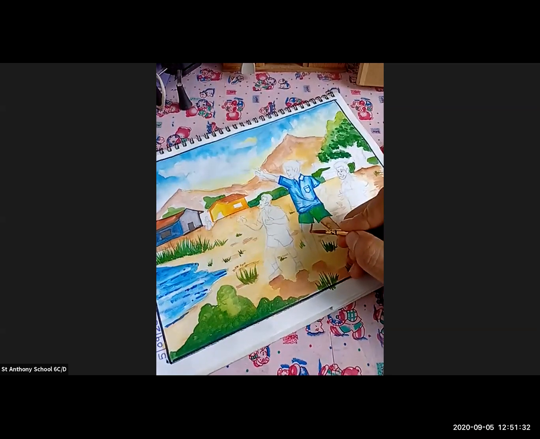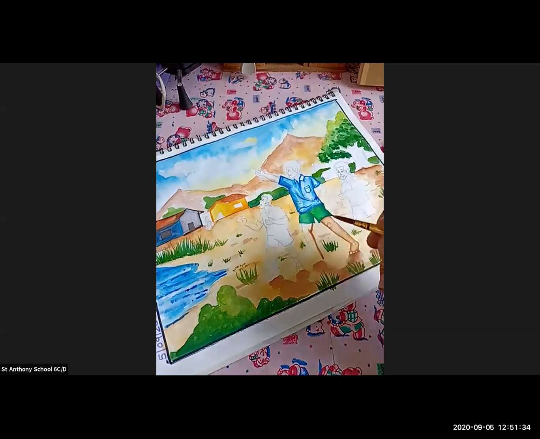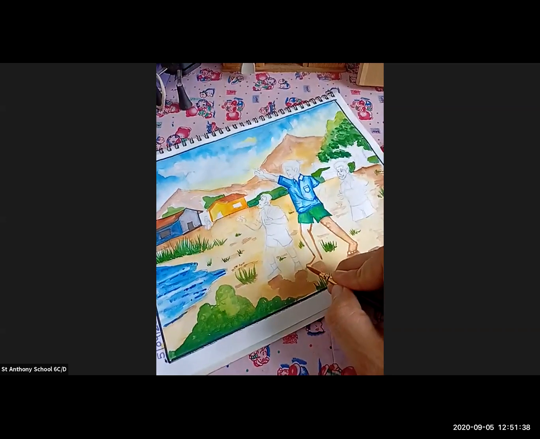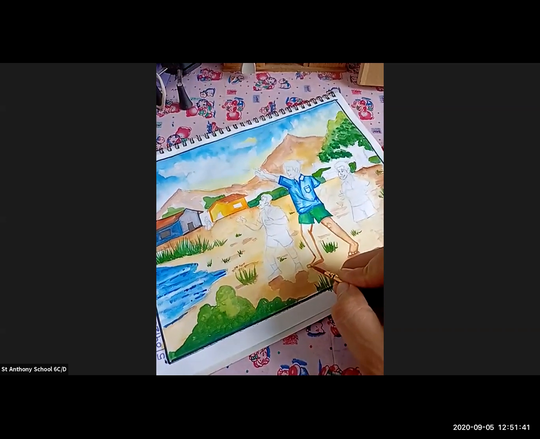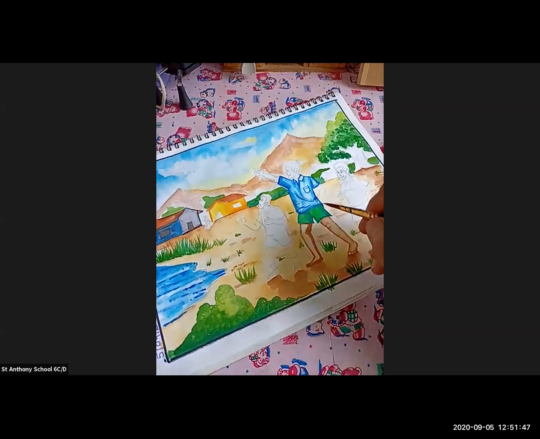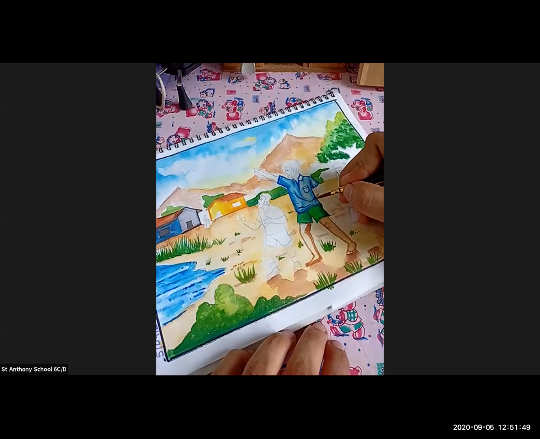Same way, the other leg, add the proper outline to this, and then we just have to merge the color. Okay, we just have to merge the color. Till then you can do this.